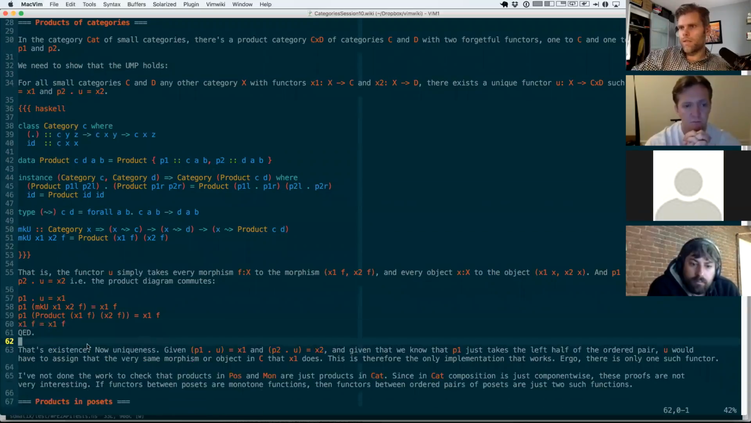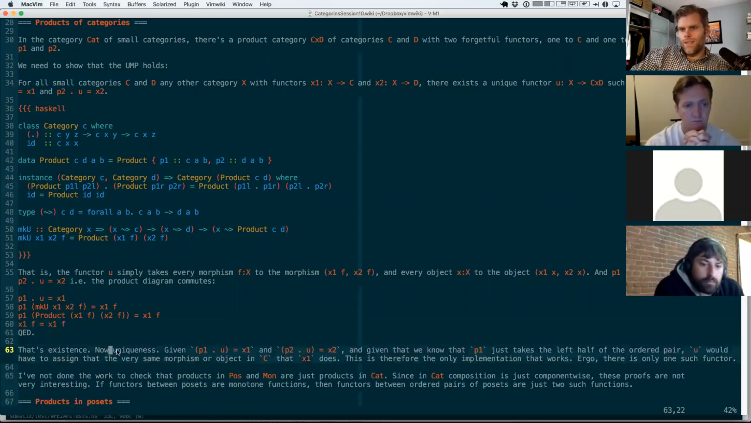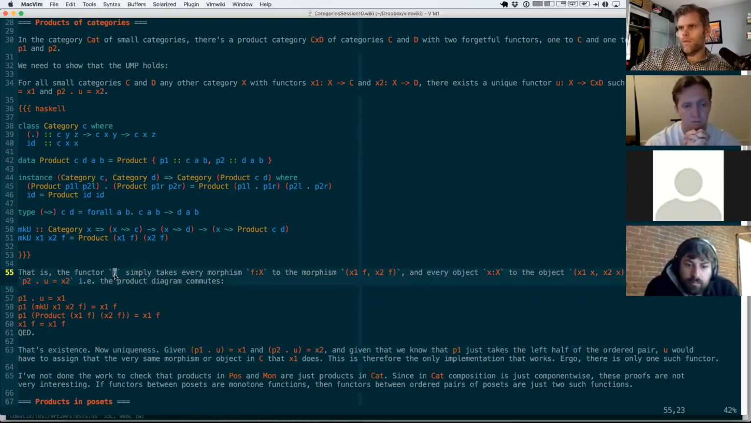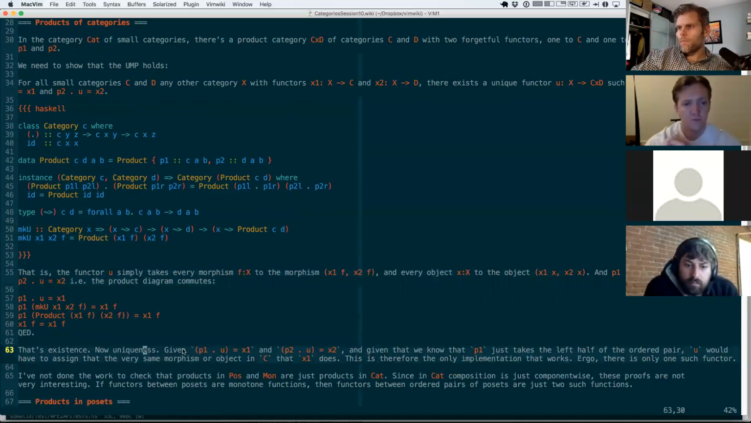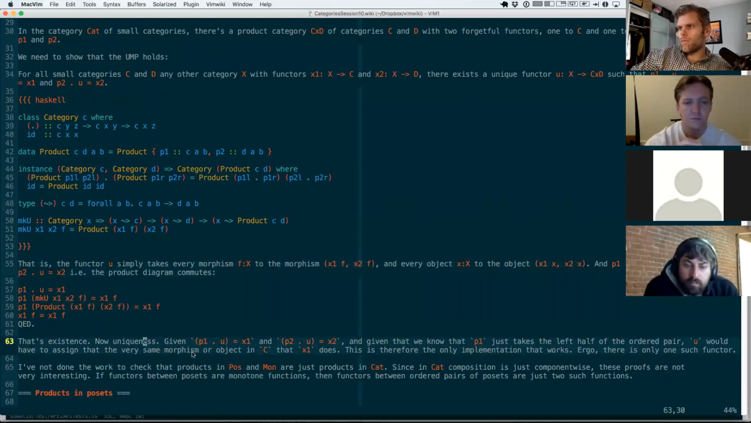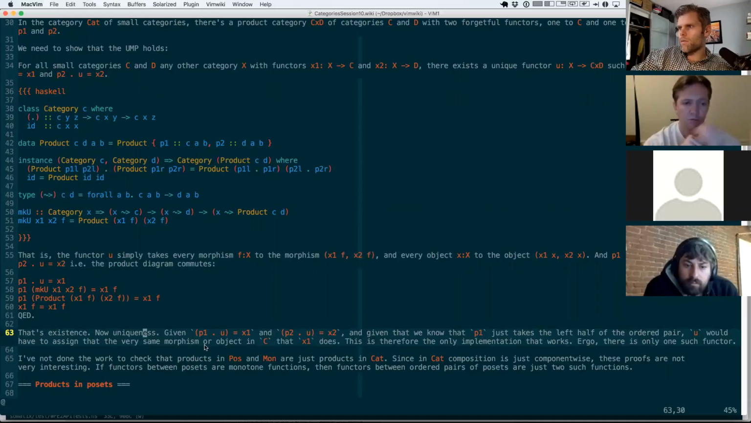Great. So that's existence. The second half of showing the universal mapping property is to show that this morphism, this functor U, is unique. So we just have to show that given any two such functors, they are the same. Okay, so given that P1 composed U is X1 and P2 composed U is X2,